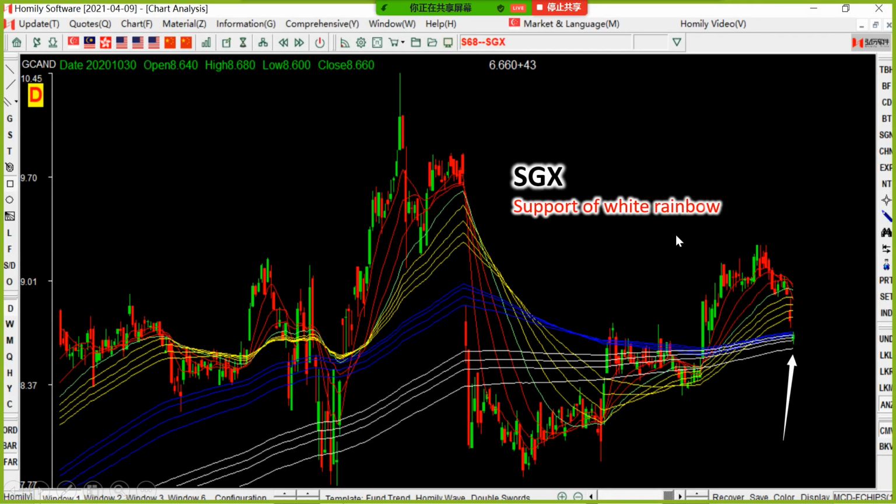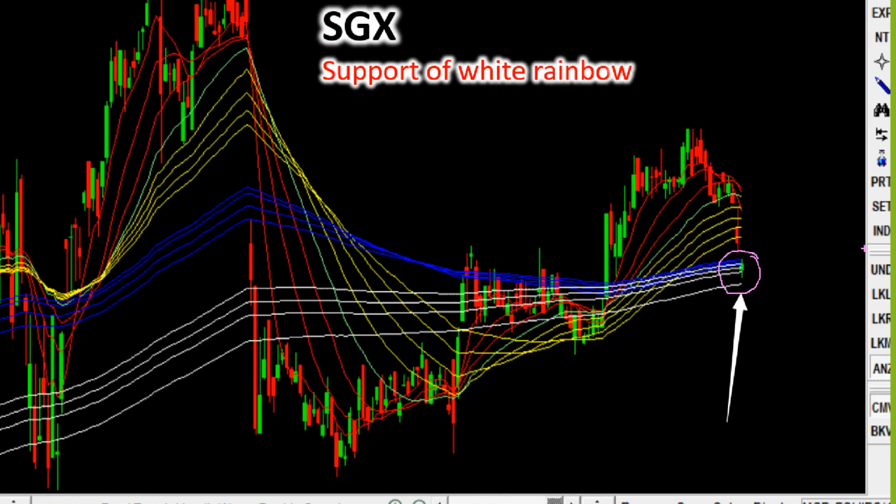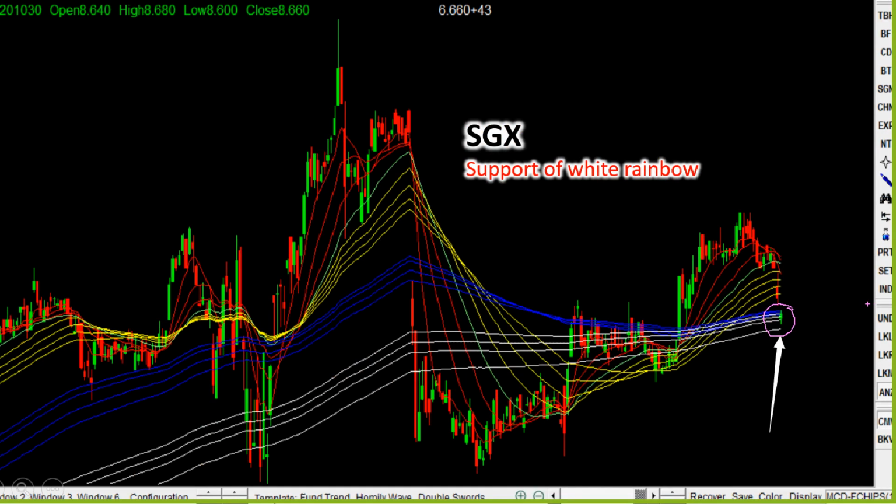Another one is SGX. SGX recently dropped so much, already touched the strong support around the white rainbow. But remember, now is also not a good timing. I think the good timing is just after election day for the USA market, because we need to wait for the thing to become